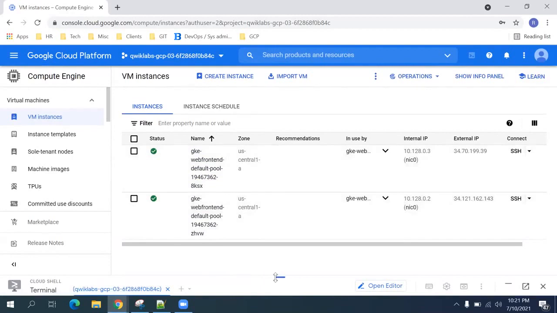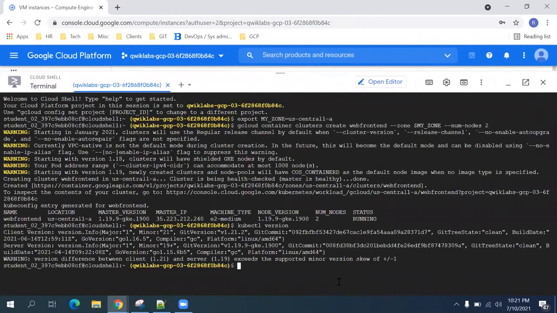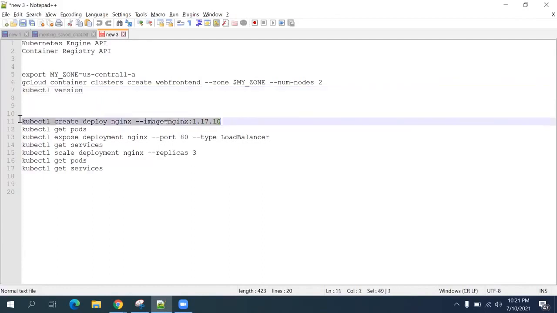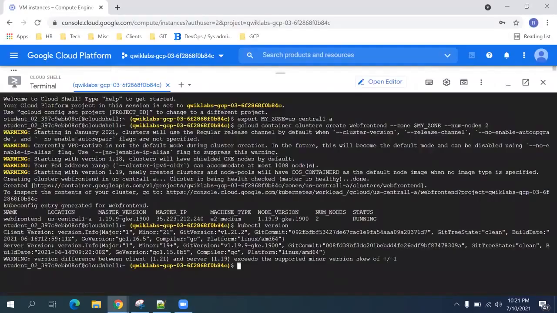In the third task, we will run and deploy a container. From the Cloud Shell prompt, we will launch a single instance of the Nginx container. Nginx is a web host. In Kubernetes, all the containers run inside pods. This use of the kubectl command will make a deployment consisting of a single pod. And that pod contains the Nginx container.